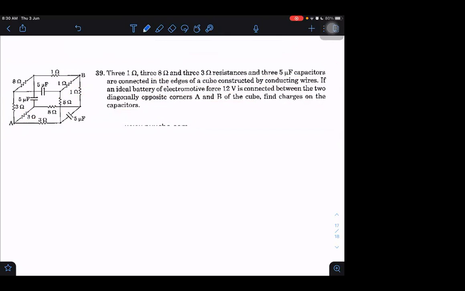Battery is there. Why 0? Ideal battery of 12 volt is connected across. So no resistors connected in series. No resistors connected in series to that capacitor either. Then the charge will be 0. This is a really strange fact which I am learning from you only. Why would it be 0 if no series is connected?